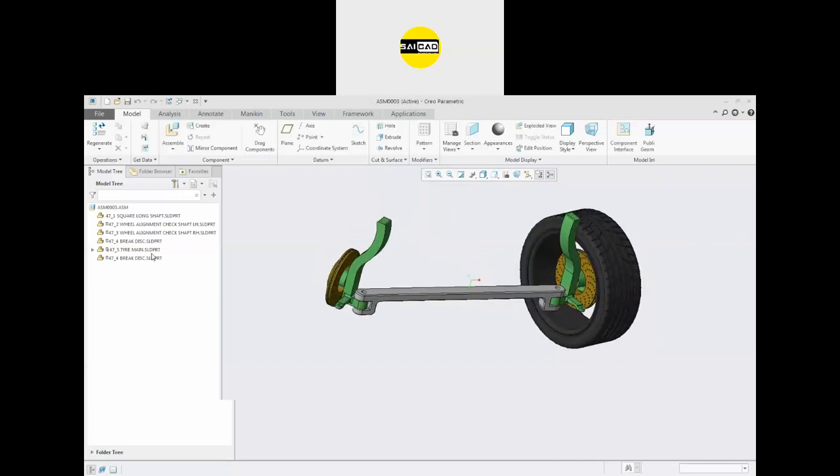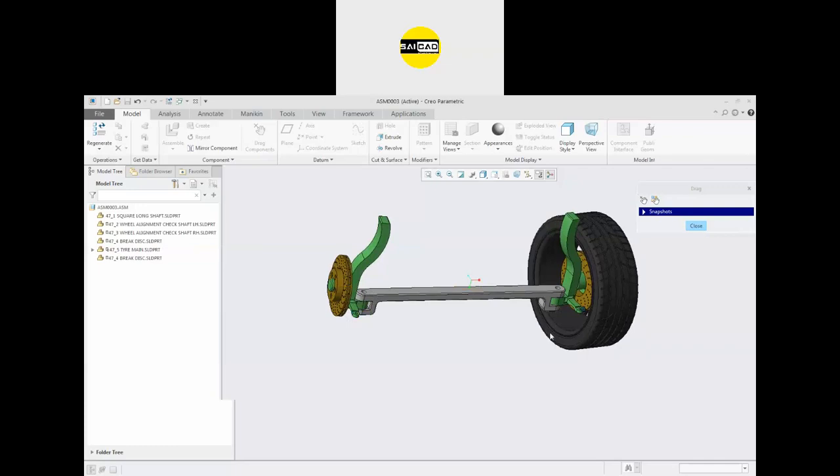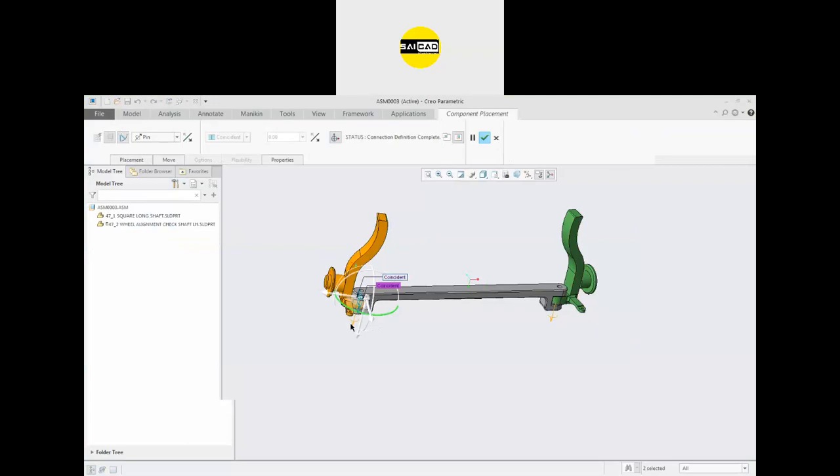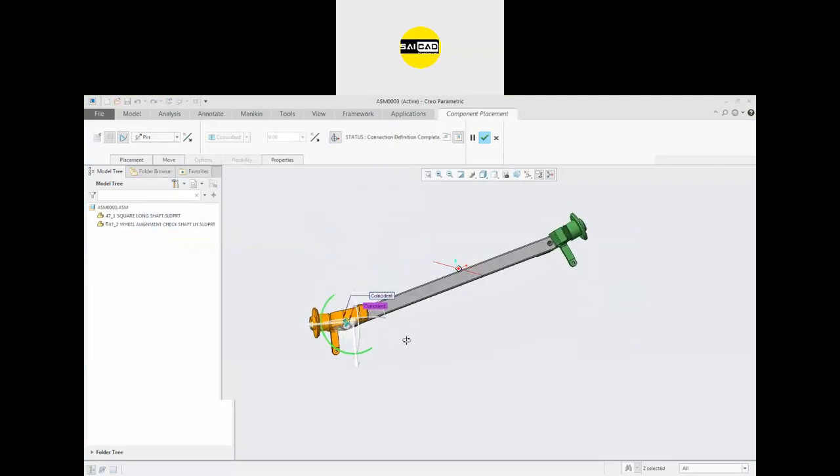Okay, so how to add a relation in between these two products, so that the object moves according to the relation applied in between them, or according to the motion applied to one object. So to do that, select the second object that we have brought later. This one was brought after this one, so go to the edit and now add a relation.